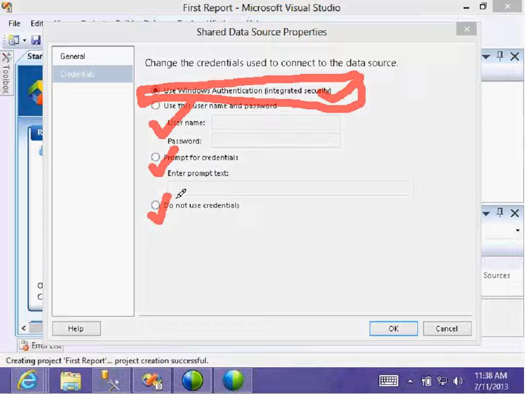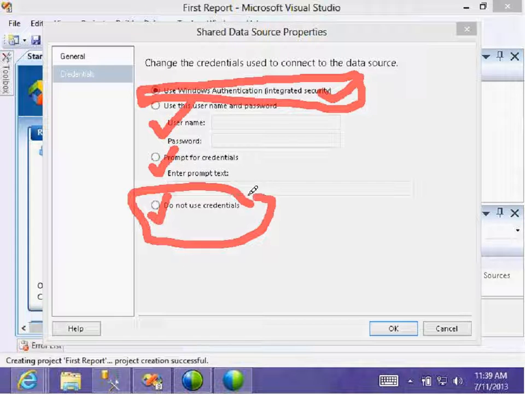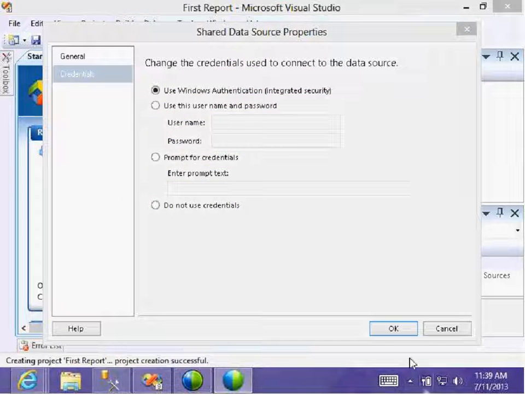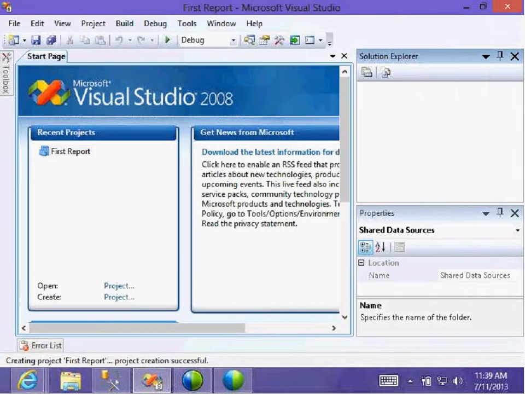Other options are not recommended, but let us practice with Windows authentication only. If you want to use a separate username and password, you have to remember those things.